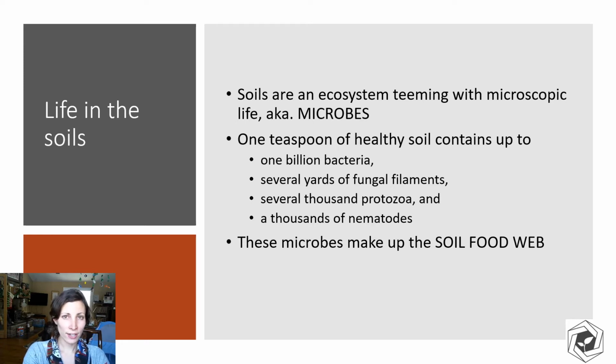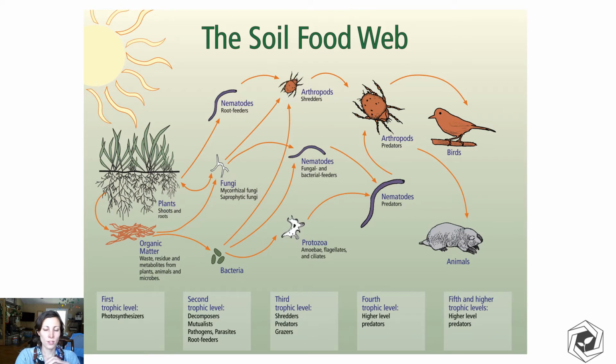One teaspoon of healthy soil actually contains up to 1 billion bacteria, several thousand yards of fungal filaments, several thousand protozoa, and thousands of these little worm creatures called nematodes. These microbes make up the soil food web. So much like a terrestrial food web, the soil food web has a structure from small to large, starting with